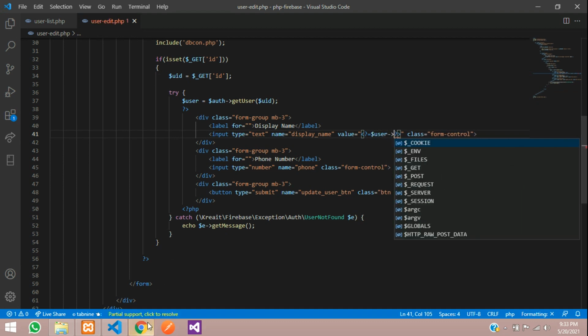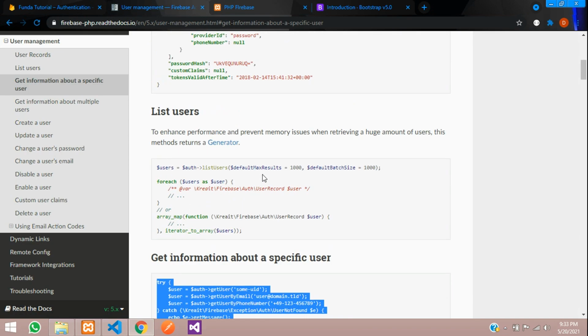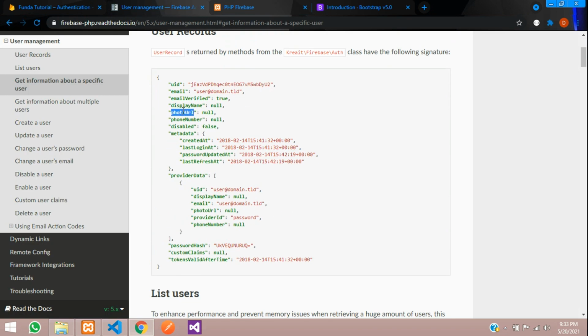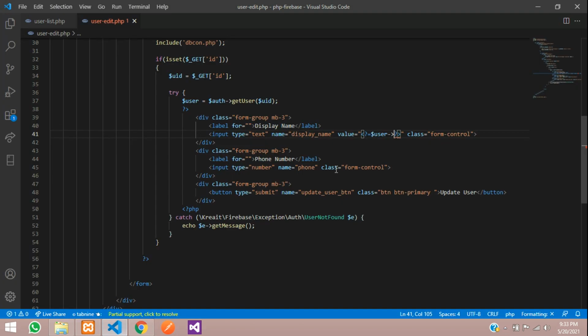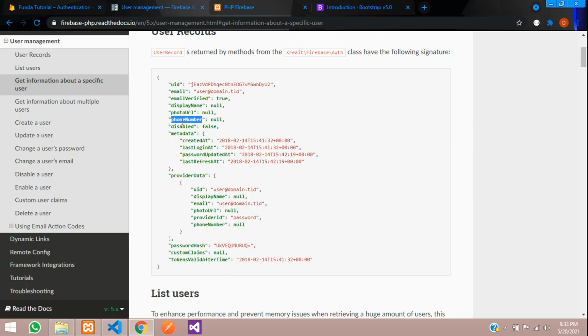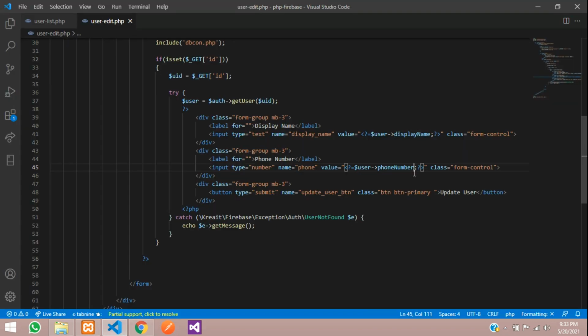What display name? We'll see at the top. Here is the display name. Copy this and paste. As simple. In the same way you are going to fetch the phone number also. Let's fetch that and show the phone number. Let's get the phone number, copy and paste.